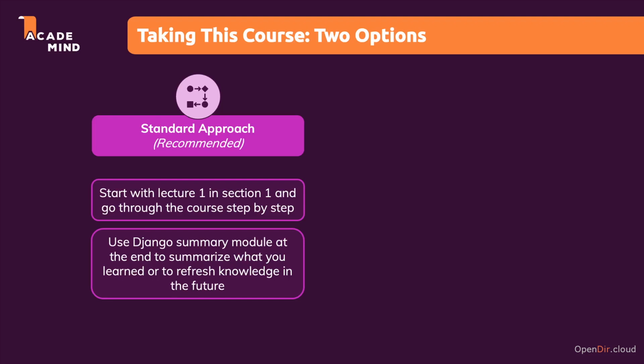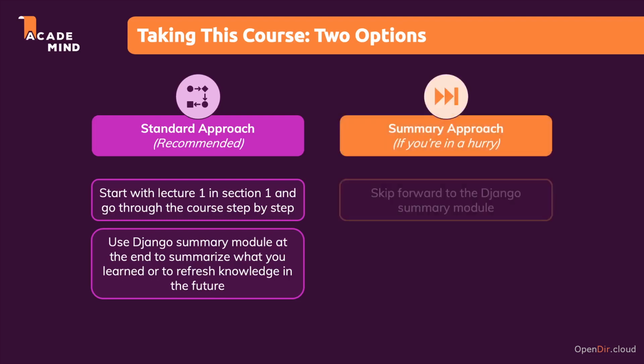Now, the alternative approach of taking this course is that you skip the main course and you jump right away into that summary module. I call this approach the summary approach because it is meant for people who are in a hurry. If you got limited time, if you don't want or you can't take the entire course step by step at this point of time, then you can jump ahead to that summary module, skip the rest of the course for now,